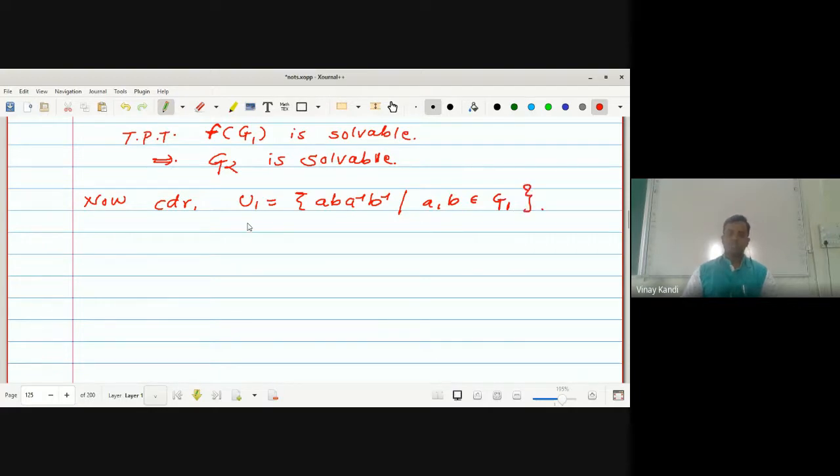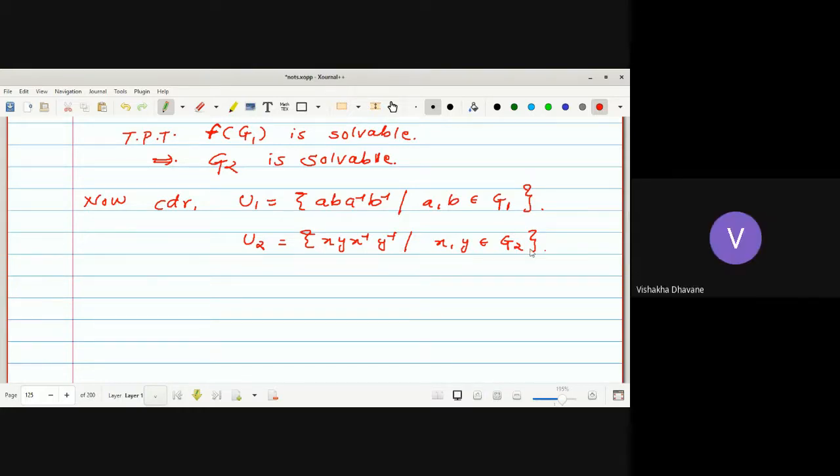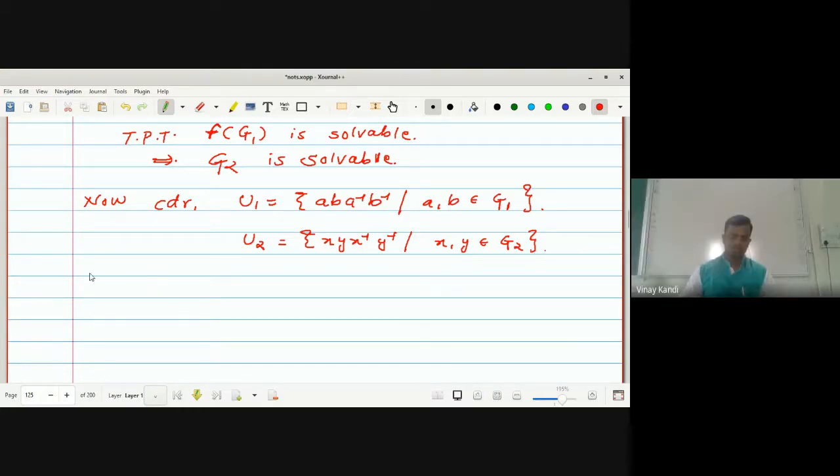Okay, this is nothing but the commutator set of G1. And what is U2? U2 is nothing but {x y x inverse y inverse}, where x and y belong to G2, the commutator set of G2. Now, given that